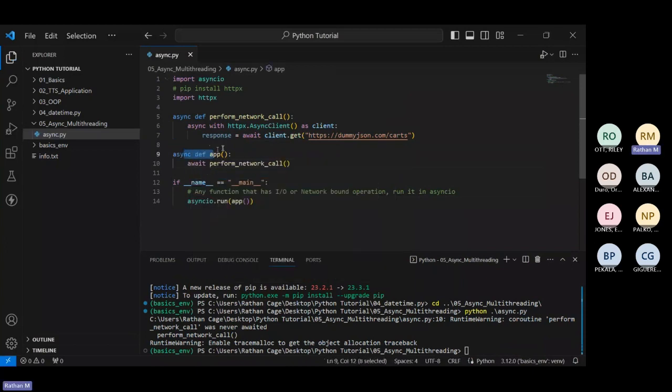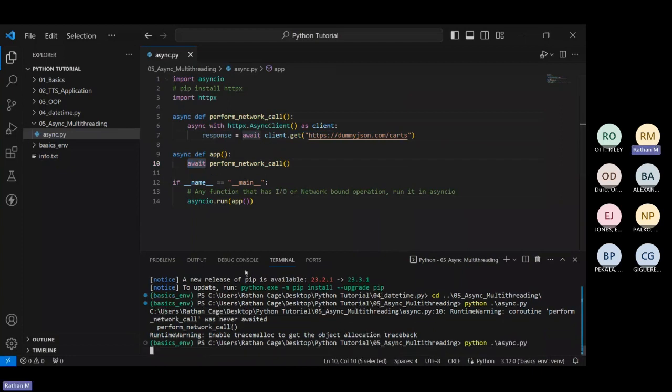In an async function, every function will be async, and wherever you're performing a network call, it'll be awaiting. And whichever function it is that you're performing the network call in, that also has to await. Now you can run it, it'll execute. We won't get to know it, but while it is waiting to get the response, it will perform some other operation. That's the whole purpose of it. This is how async works.